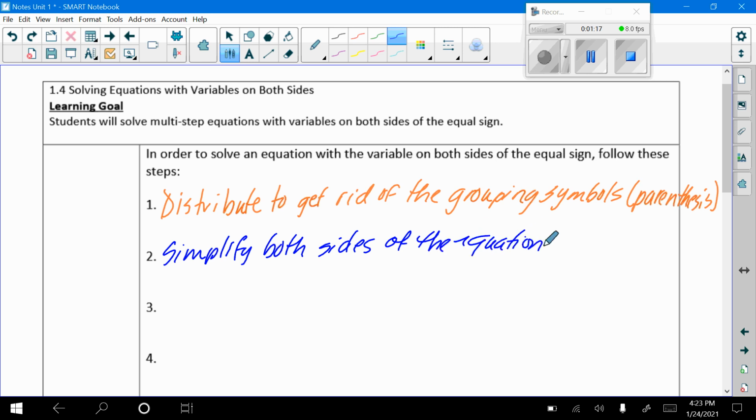And I want you to simplify both sides of the equation separately. What I mean by that is combine like terms. Sometimes I talk about it in class as packing things up. So we're going to distribute and then we're going to pack things up. And then